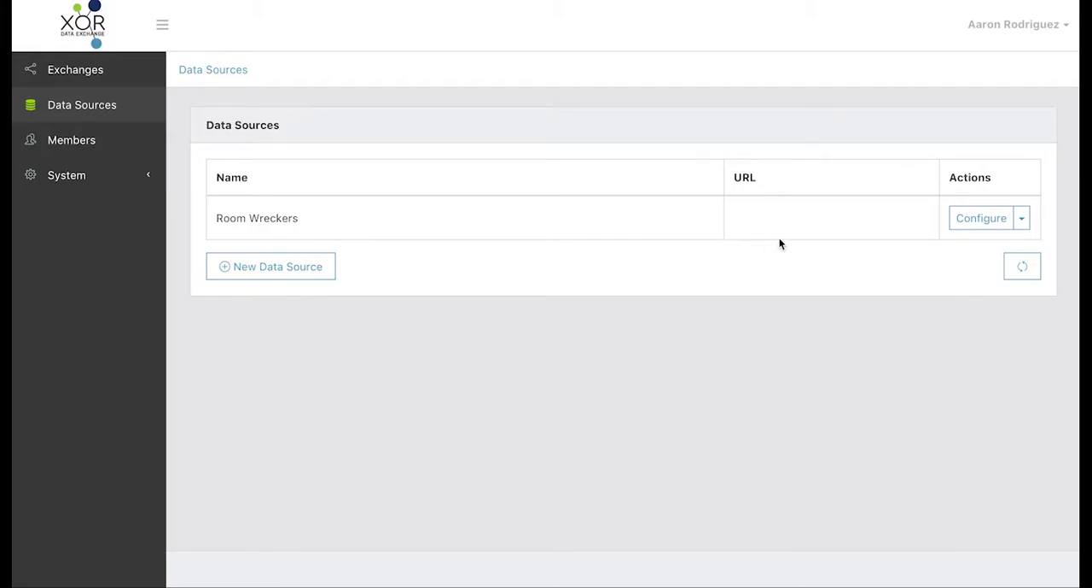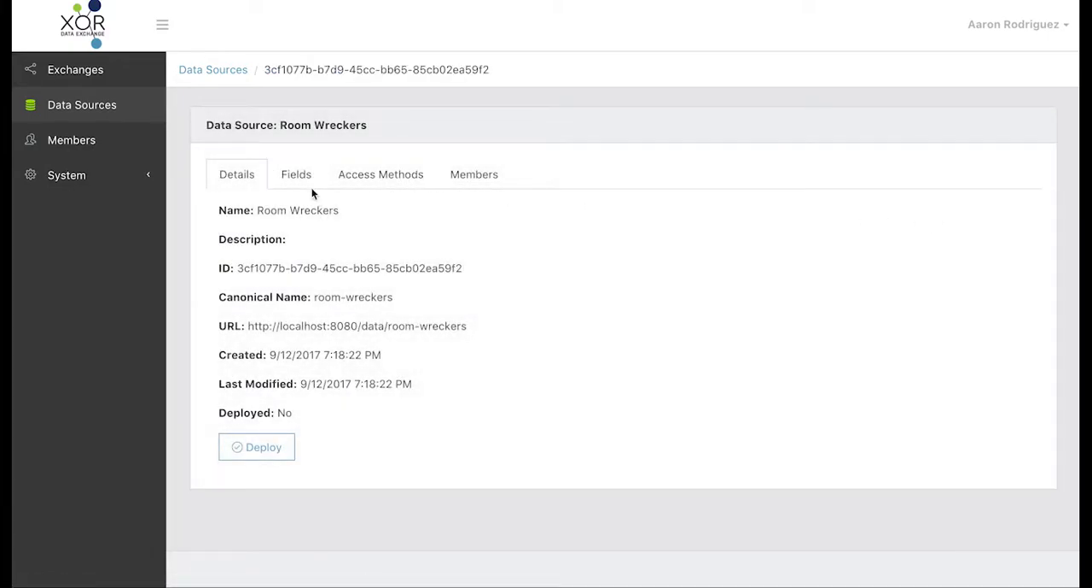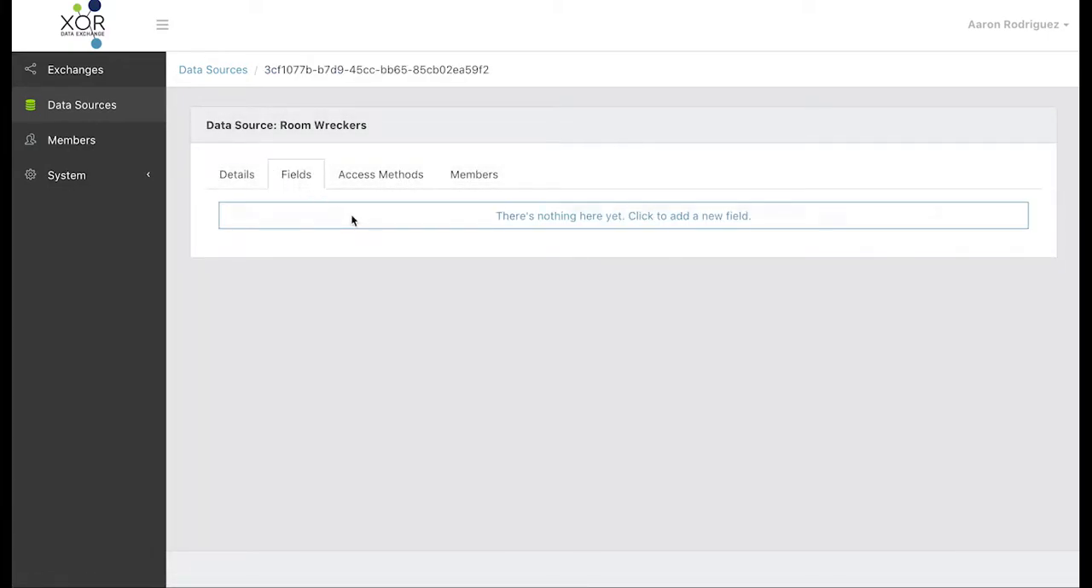So data sources define the underlying data that is going to be used in an exchange. It provides an API that data owners can use to create, fetch, update, and delete their own data within that data source. So for our room records data source, before the members can use it, we first need to configure it. So we can go in here and we need to define what fields are going to be